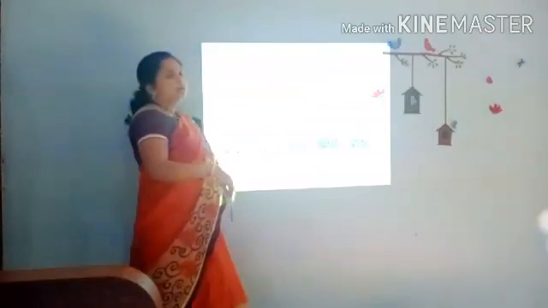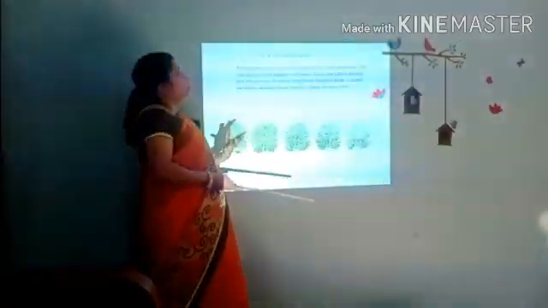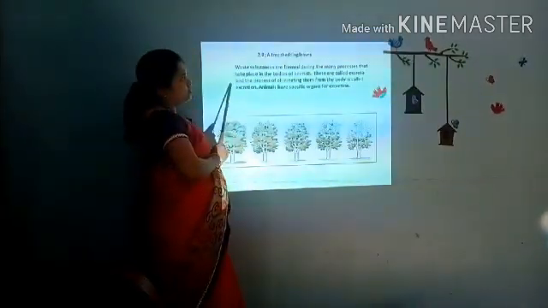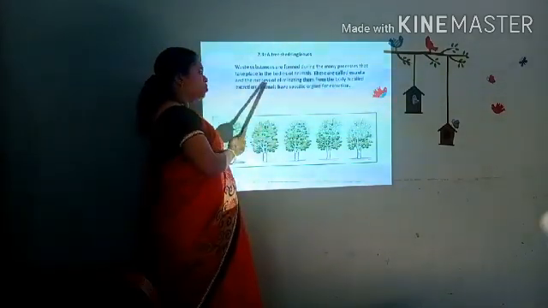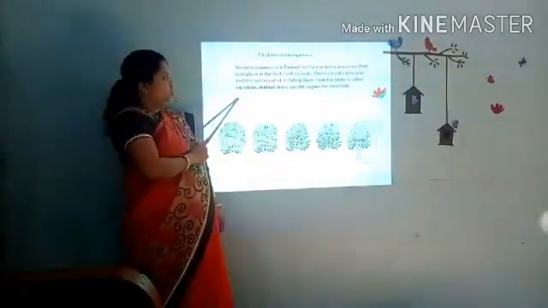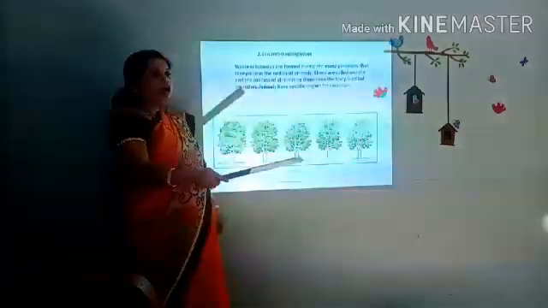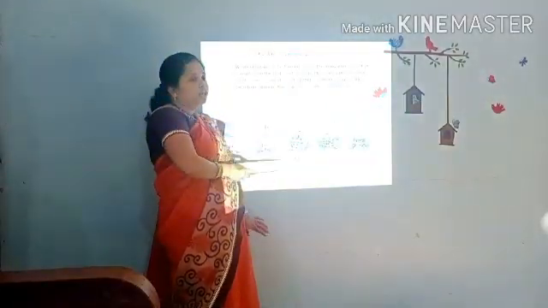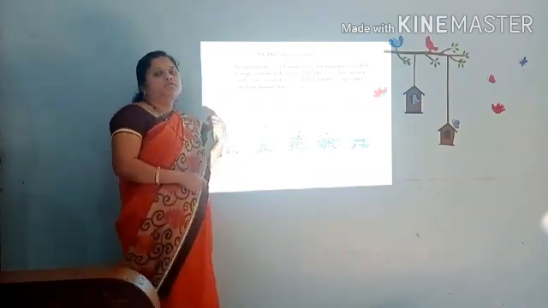And after some days, new leaves grow on the plant. So substances are formed during the many processes that take place in the bodies of animals, and these are called excreta, and the process of eliminating them from the body is called excretion. Animals have specific organs for excretion, plants do not, so they store their waste product in the leaves. So excretion is also an important characteristic of living things.